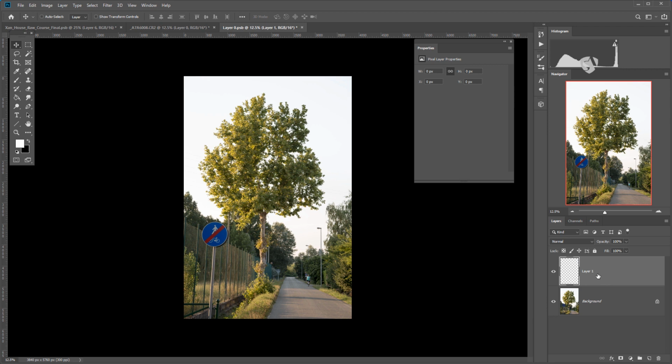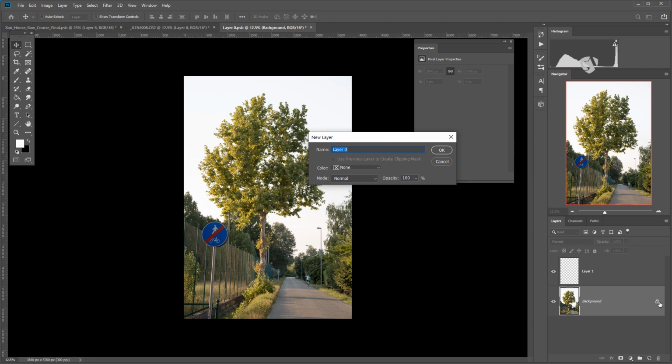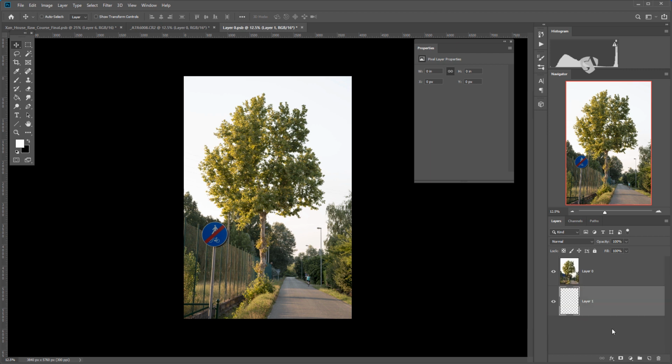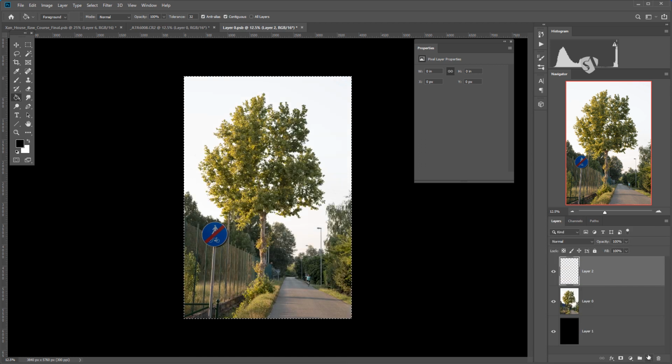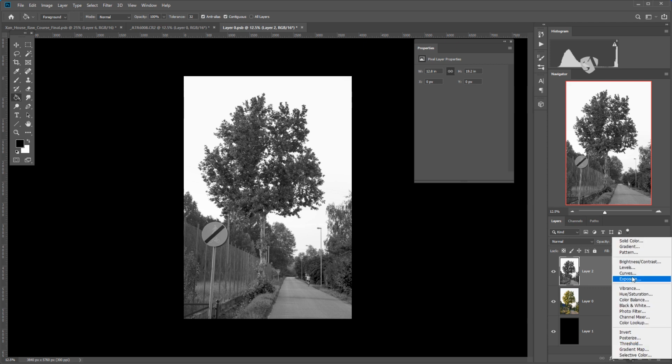Okay, so here we are. Put a layer behind this. I cannot do that because by default it's locked and it's the background layer. So I double click on it and I press OK to be able to put something underneath. I put a black color inside here, and again, I'm lucky enough to do the same trick with the channels. So I go into the channels, I go to the blue, seen as the most contrasted one. So I Control A, Control C, back to the channels, new channel, Control V. You have to do a new layer, sorry, not a new channel, a new layer, otherwise Control V is not going to work. And so we go for a curve,